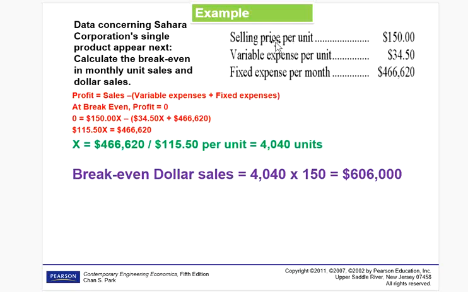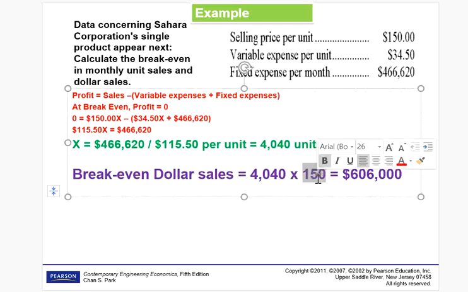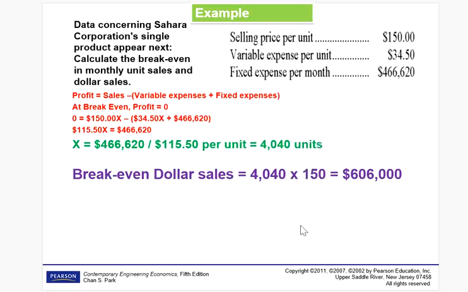So P is given, V is given, F is given, what is the break-even? You can very easily solve it, as I said before, using the profit equation with profit equal to 0, or you can use F over P minus V, and you get the same number. In terms of sales, multiply by 150. So it is an easy question, you can solve it again and practice on your own. If you face any problem, let me know. Now I'm moving to the next slide,